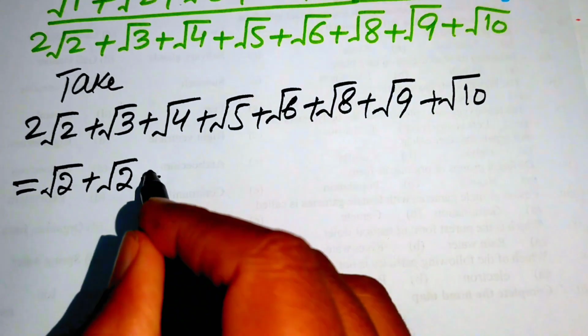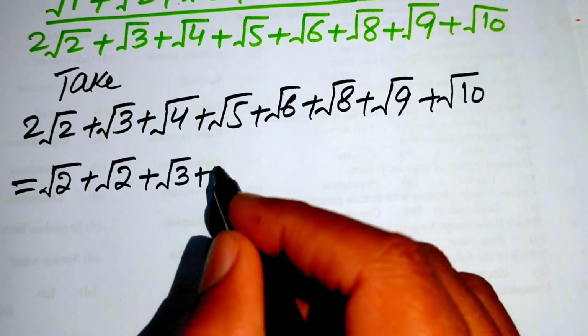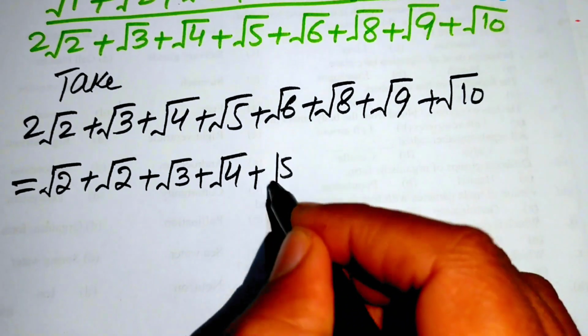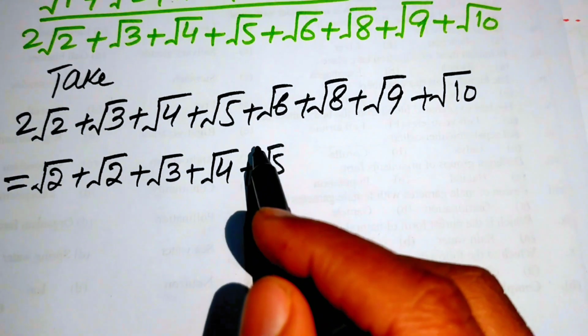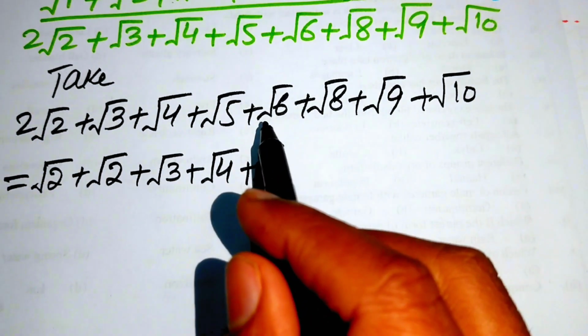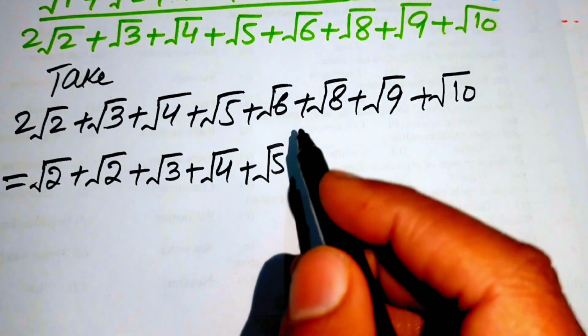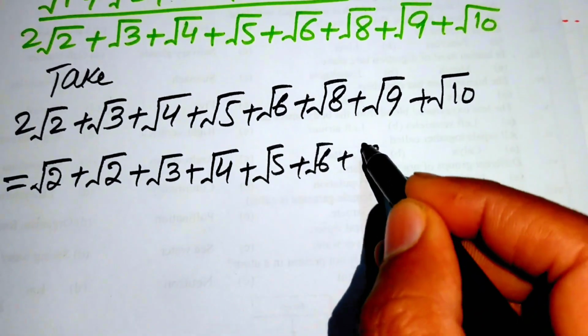And here we have square root of 3, we write it as it is, plus square root of 4, we write this as it is, and we write square root of 5 as it is. And here we have square root of 6, and plus square root of 8,